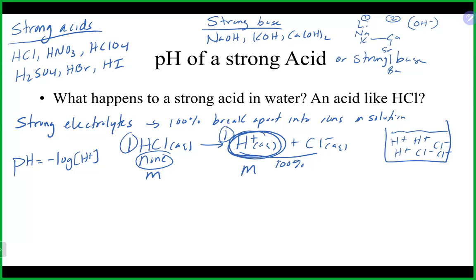So the good news about most of these strong acids is they are monoprotic, which means they will only give away one H plus. So if you know the actual concentration of the acid, the whole thing together, that will usually be the exact same number for the concentration of the H plus, which is what you would need to calculate the pH. So, for example, if we had a 0.1 molar hydrochloric acid solution, we would do